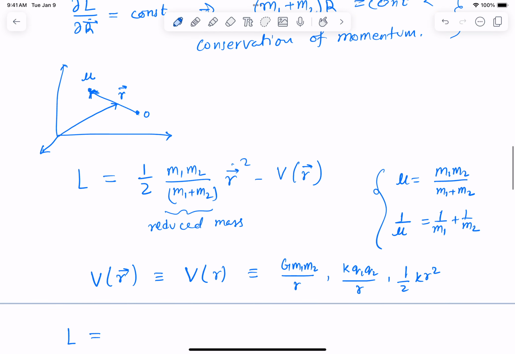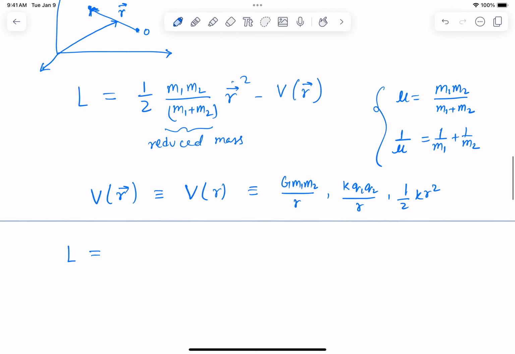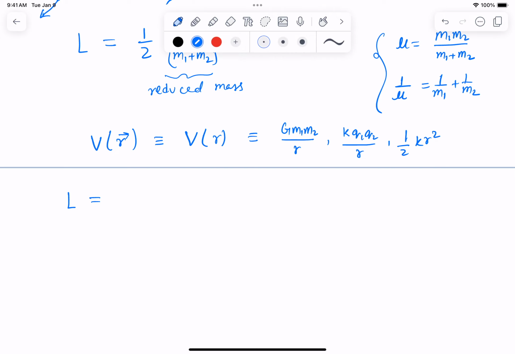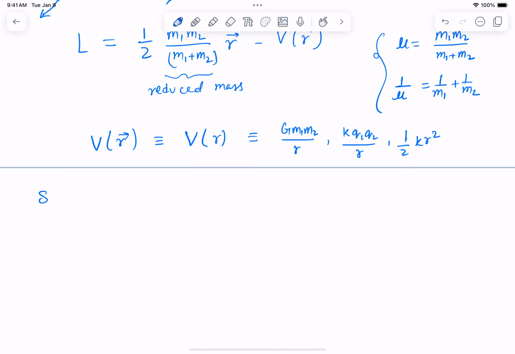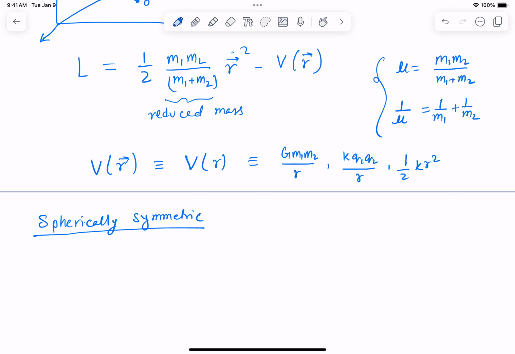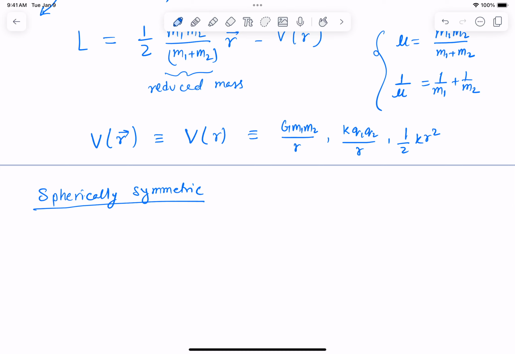This means that the problem is spherically symmetric. And since the problem is spherically symmetric, and there's no other force acting on it,